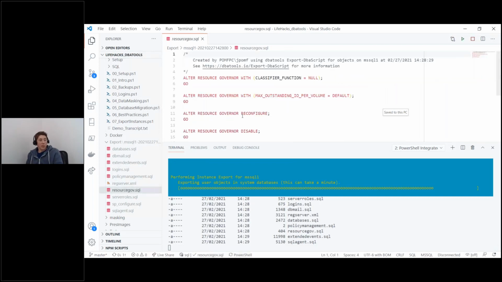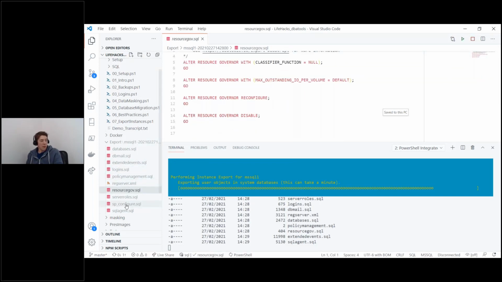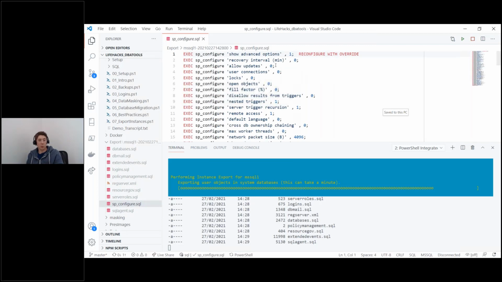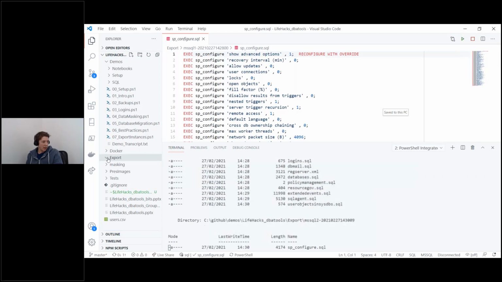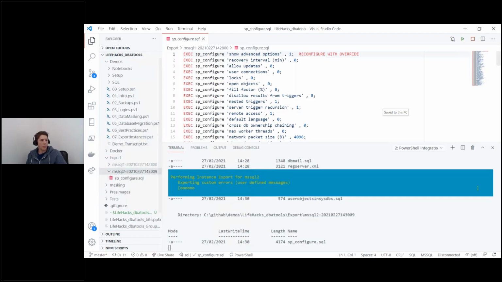Any resource governor instances that we have, and any SP configure options. So this one's really powerful, right? If we've just migrated our databases from MS SQL 1 to MS SQL 2, when this gets done and it moves on to the second instance, which it's doing right now, one of the things we can do in code,